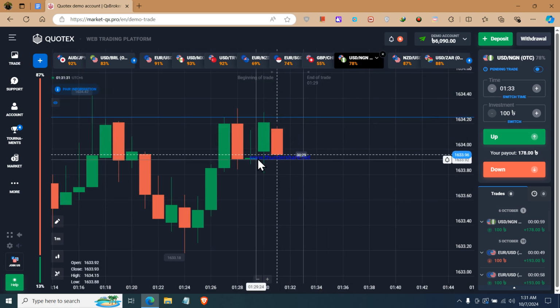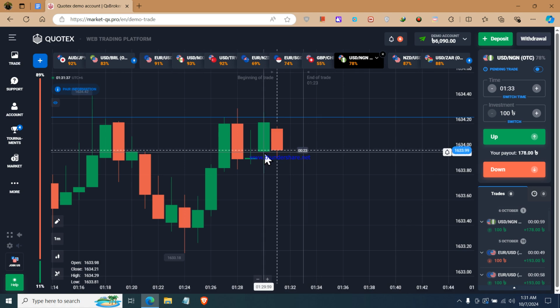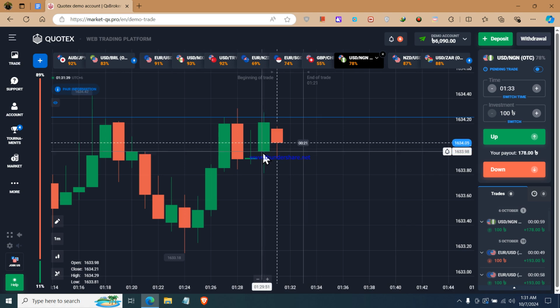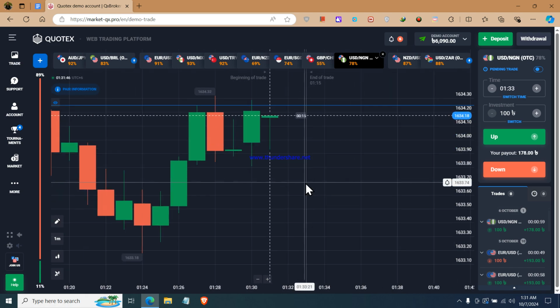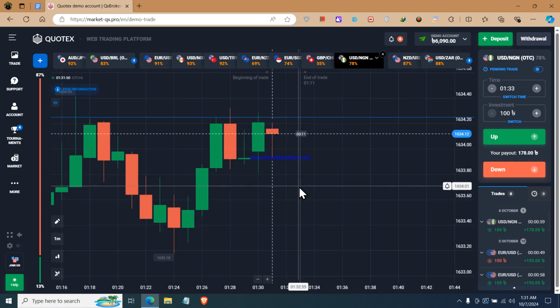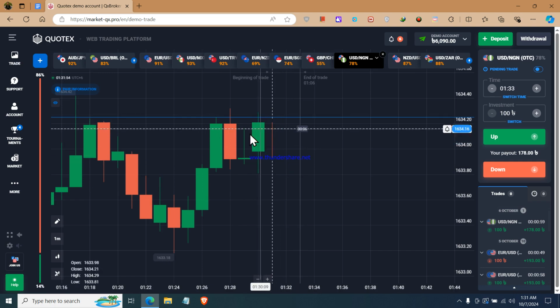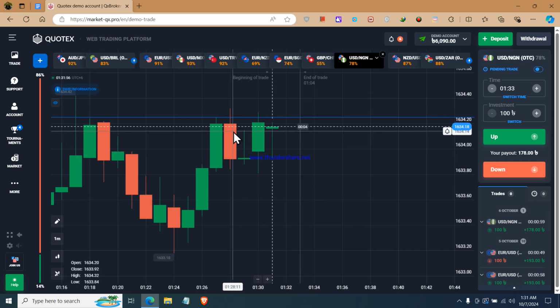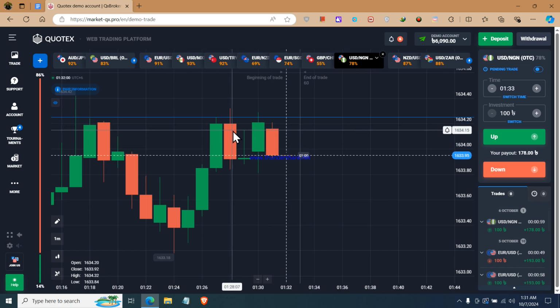Okay, I missed my entry point. I should have traded below this gap, and it would still be unsure because we don't know what this candle will turn into. It can turn into green, or it can turn into red, I don't know. And we can see that eventually this point was broken by sellers again.